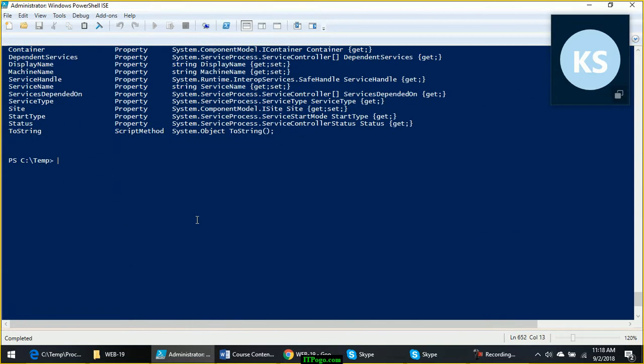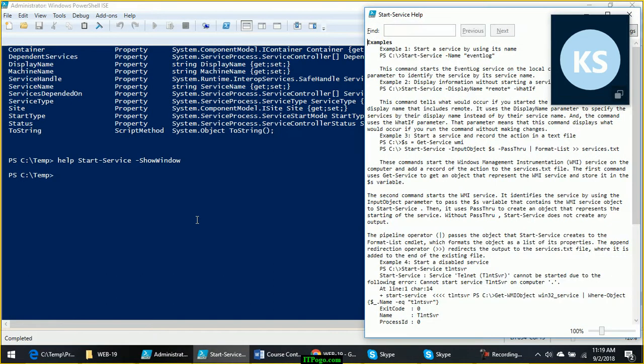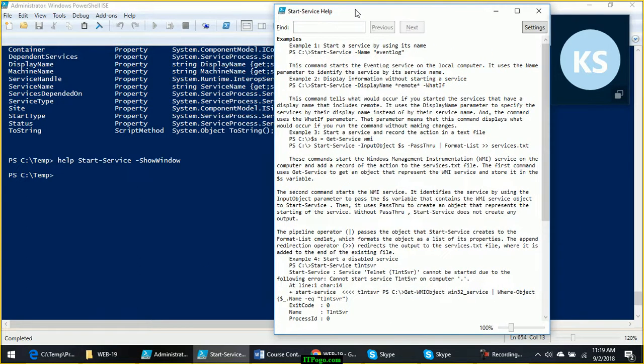Then how to find out what is the input object type required by the stop service or start service command? You can use help start hyphen service and take a look at it in the new window. Now here there are two ways to identify what is the input object requirement.